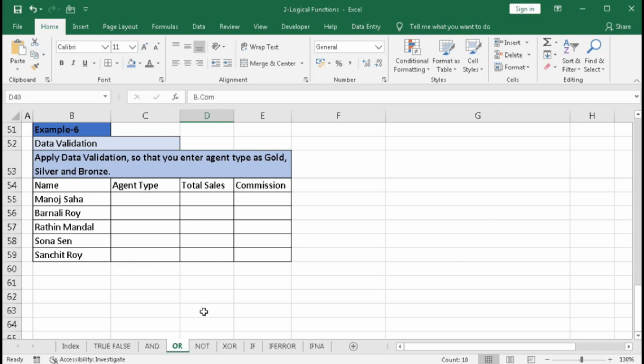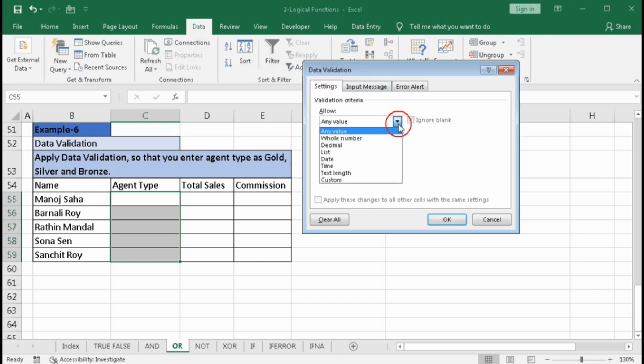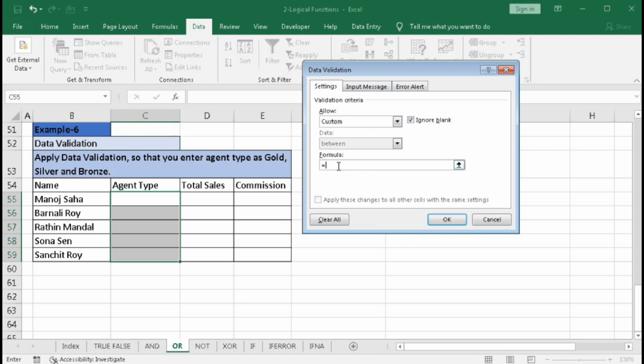Now we will understand the sixth example. Here we will understand data validation. Apply data validation so that you enter the agent type as gold, silver or bronze. That means here we can only enter gold, silver or bronze, not other than this. So select this range, go to Data, Data Validation, select Custom and type here equal to OR, bracket open, then